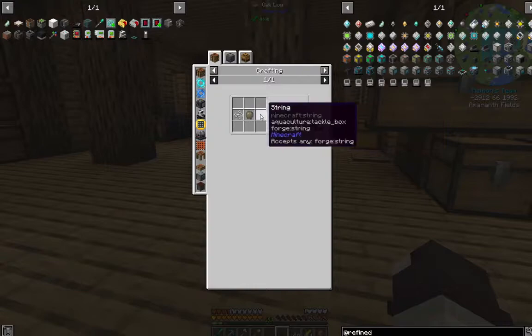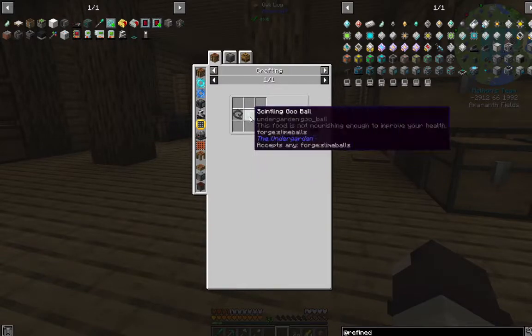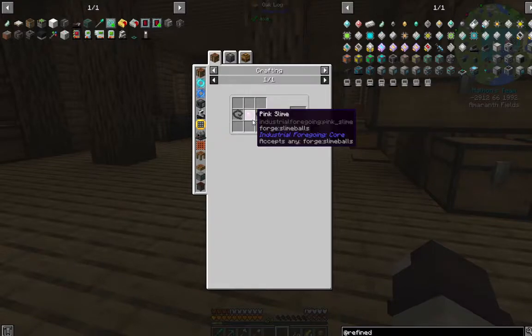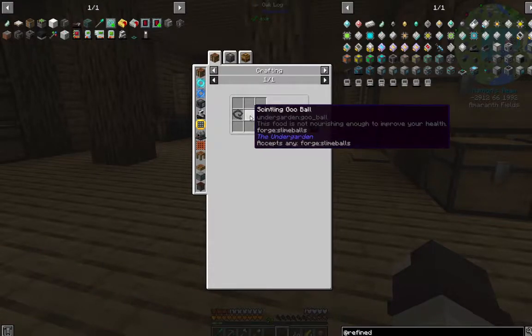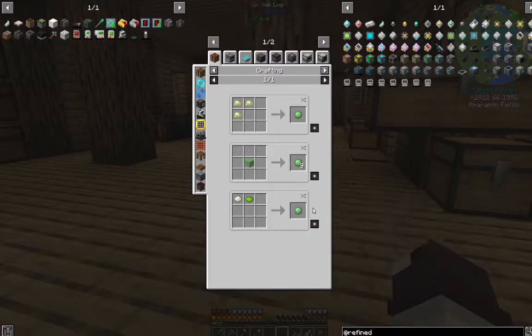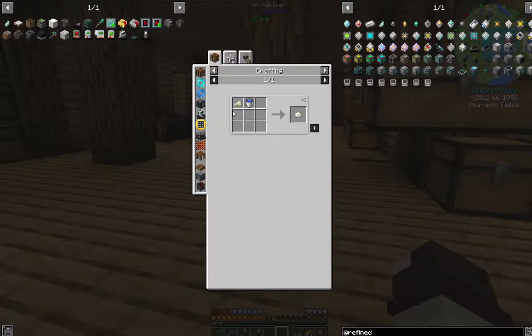We will need a way to get more string, but for now, I was thinking of working on the slime ball. We will have pink slime from Industrial Foregoing, but we're not into that yet. I figured let's have some fun and make slime balls. To do that, I was thinking of doing it with lime dye and dough. The dough we get from using Create